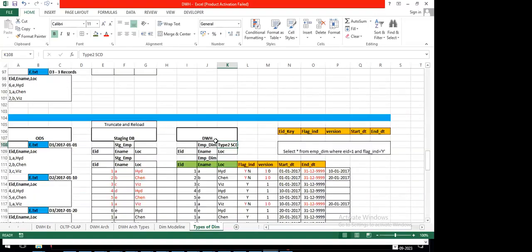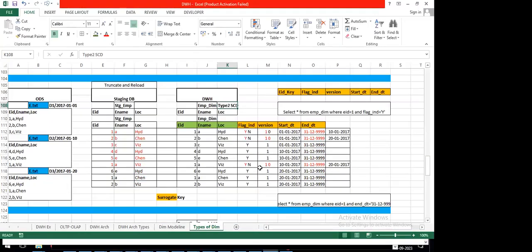That's the reason there is no need to differentiate what is the current record and what is the previous record. But coming to type 2, what is going to happen? We are going to maintain the current data plus historical data. That's the reason we need to differentiate what is the current record and what is the previous record. To differentiate that, we are going to maintain the flag indicator, or the versioning, or the start date and end date columns. This is the way we need to understand how we maintain the data in the type 2